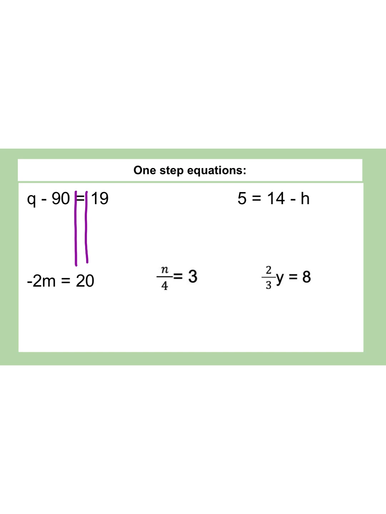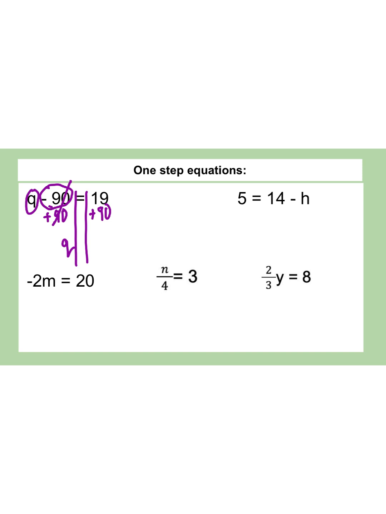We see the variable. We want to do the opposite to get rid of the stuff that's with the variable. Okay, so I want to get this q all by itself on the left-hand side. To do that, I need to do the opposite of what's there. So the opposite of minus 90 would be plus 90. What I do to one side, I have to do the same thing to the other side, or my equation will not be true. When I see opposite operations, those cancel out, and I just have the variable q left